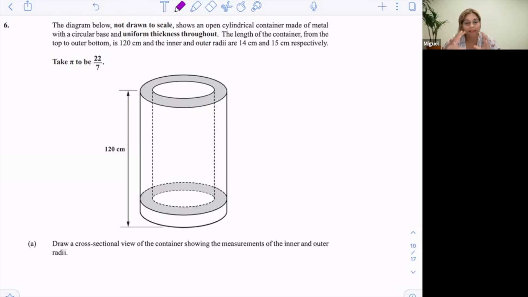So this cylinder, they asked to draw a cross-sectional view, and a cross-section is like when you look downwards, just like when we did the cross-section of the triangular prism a short while ago. We did the cross-section of the cuboid, which was a rectangle. The cylinder is the same thing. So if I were to face the cross-section to you, you will see that this is a circle. More importantly, there's an inner and an outer circle, right? It is uniform thickness. So when we look at this glass and we are going to imagine that this is the cylindrical container, you are